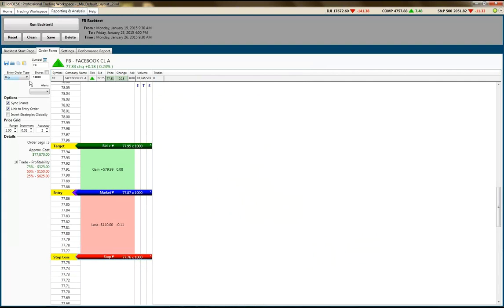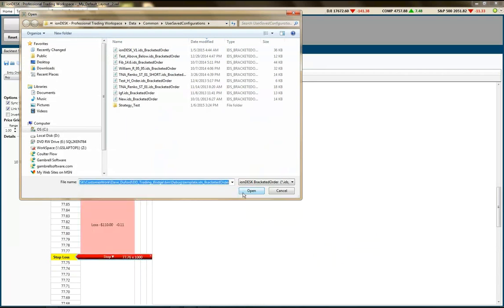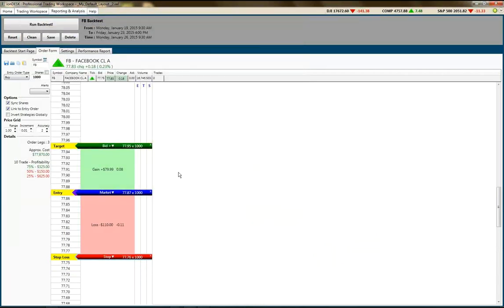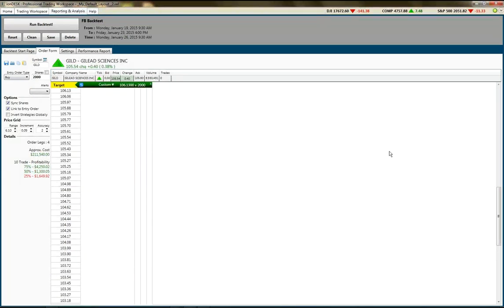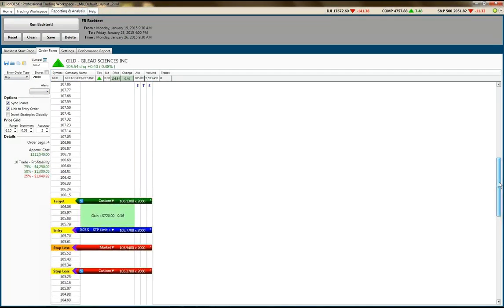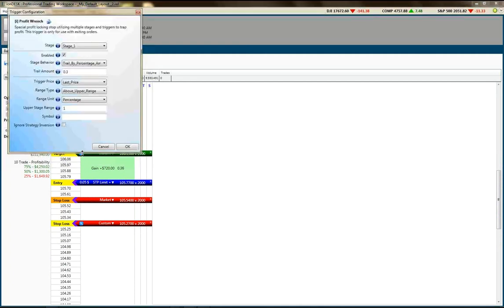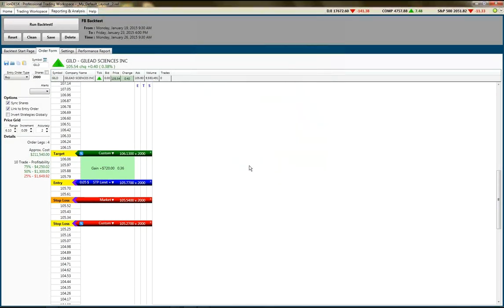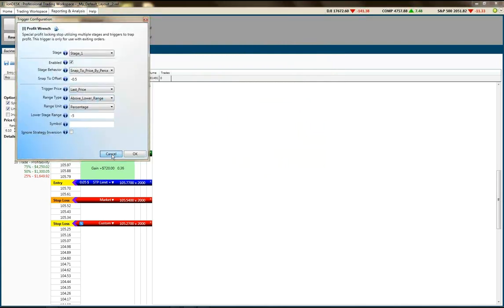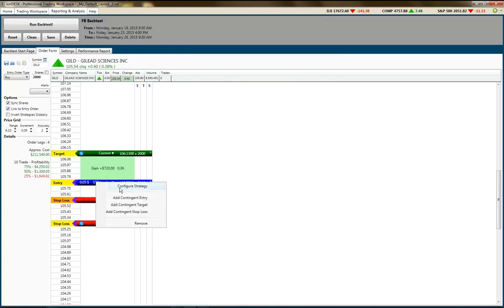And like I said, I'm going to go ahead and actually show you how diverse one of my clients' strategies is. And there's nothing proprietary in here that I'm going to show you. So, for instance, as you can tell, he's got two profit wrenches on the stop side and on the target side. Here stage, he basically only uses one stage, okay, and then he has this on the bottom side. And then for his strategy, of course, I can't go into the details of it,